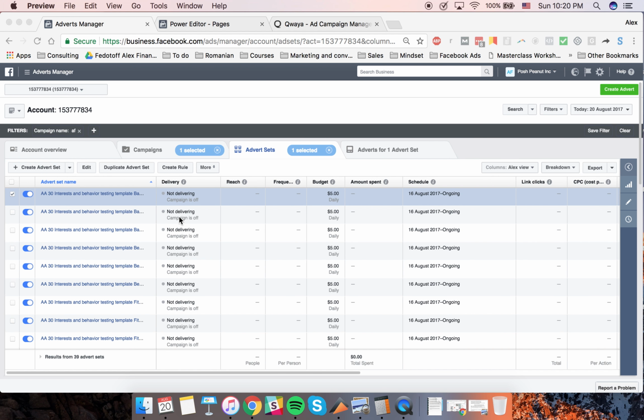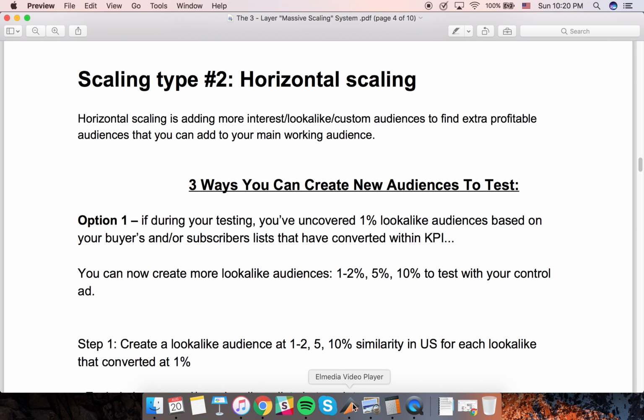You're spending several $1,000s a day. You really don't know where to scale your ads further. So what you do next is you would find new audiences that you could leverage and target. So the way you do this,